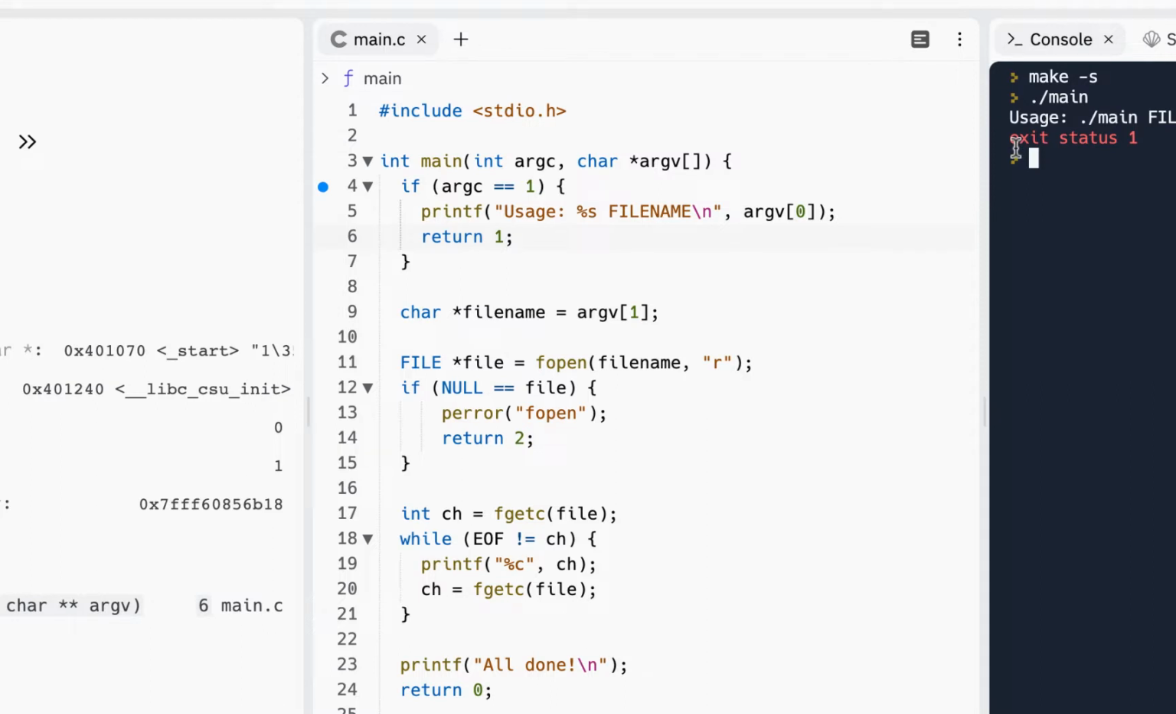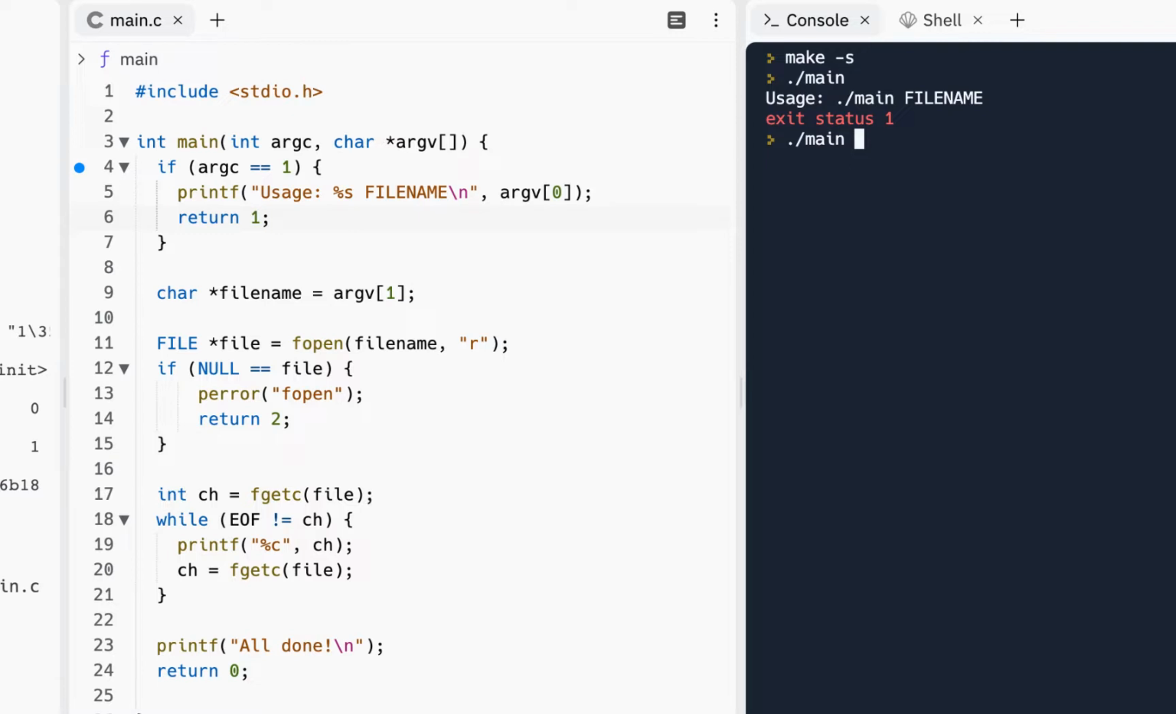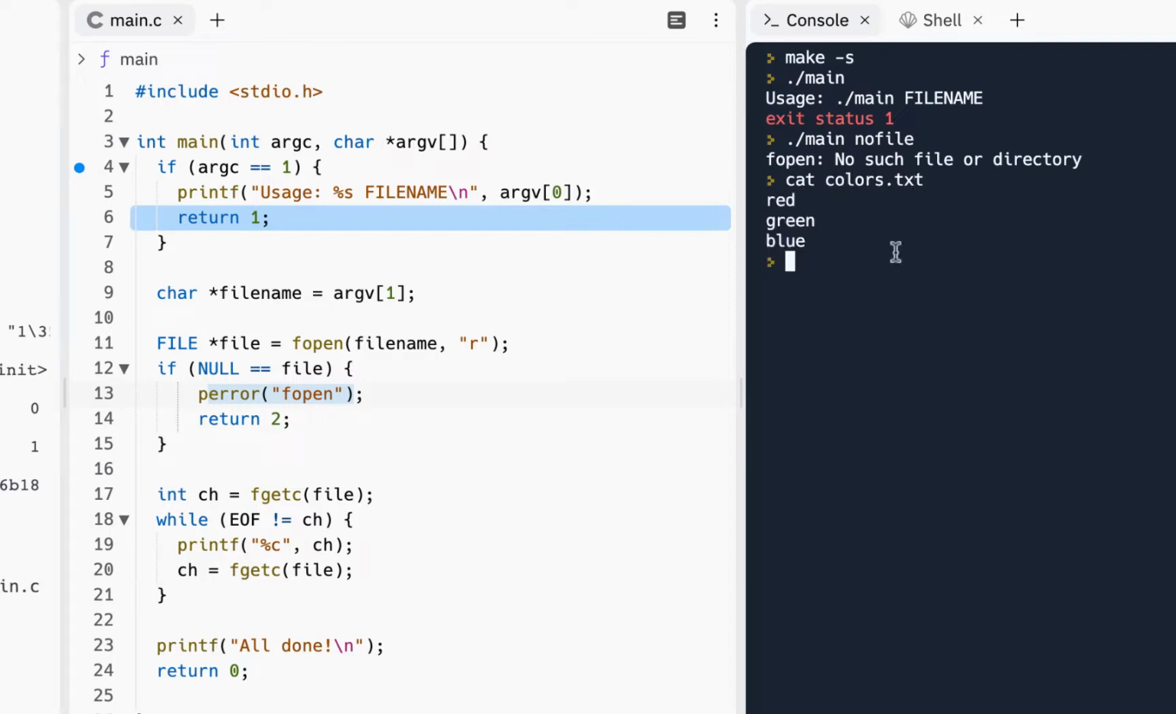Now let's do the following. I'm going to come on over here and say ./main, let me say no file. And when I press enter, notice it says no such file. So we're down here, right? We say that this fopen right here, it said no such file because we don't have a file called no file. The file we have, I actually have a file called colors.txt, so I have that there. So I could say okay, main